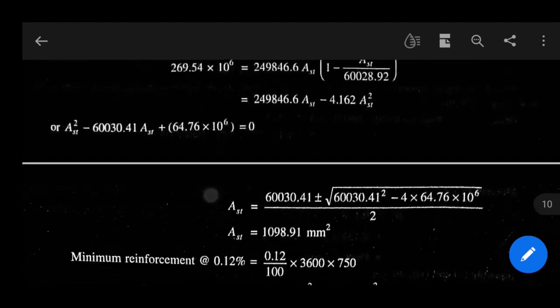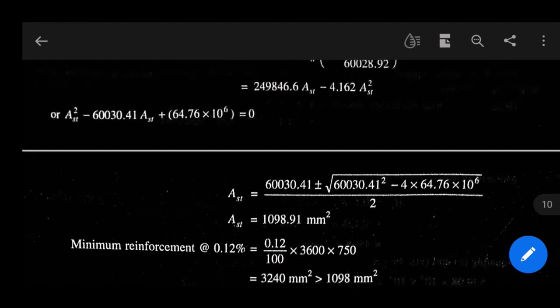So again apply Sridharacharya's formula, and AST equals 60030.41 plus minus root over 60030.41 square minus 4 into 64.76 into 10 to the power 6, by 2. So AST is equal to